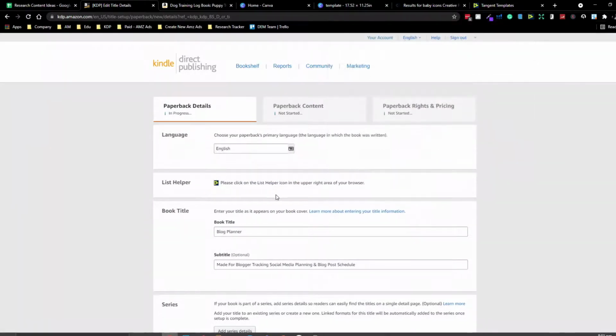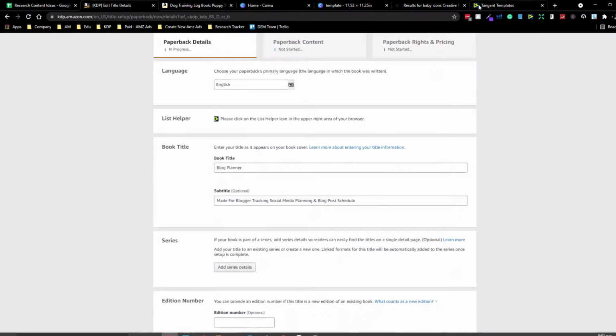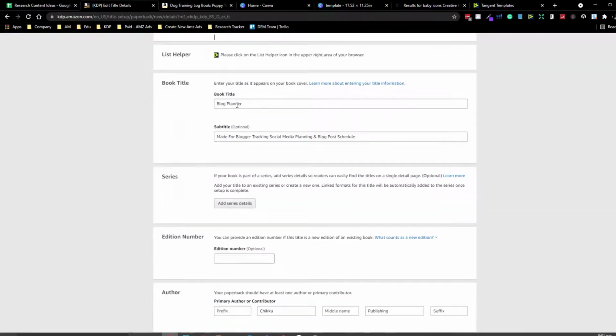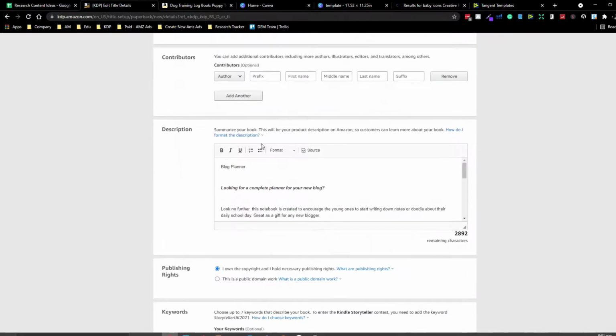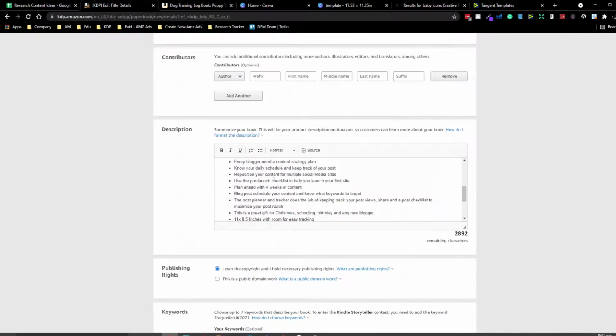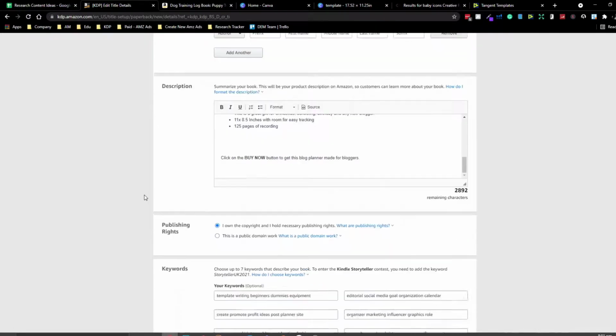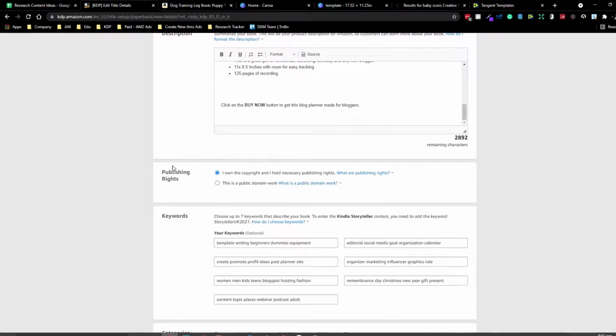So this block planner, is it the same? Okay, correct. So they will fill up automatically for me, transferring all the information over here, like the title, subtitle, author,